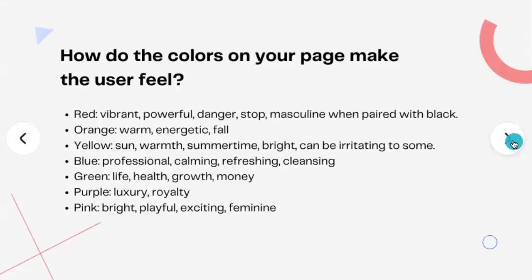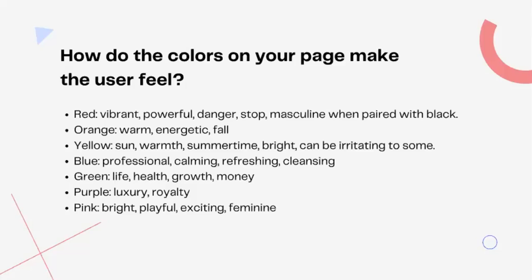All right, so let's talk first about some of these questions. I mentioned colors. So how do the colors of your page, whether it's a landing page or your site as a whole, impact the way that your user feels? With a little bit of research, I found some really interesting articles about color theory. Most of the time we're going to play around with these colors and maybe some different hues. Red is typically very vibrant. It's very powerful.